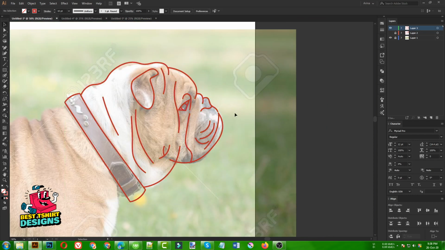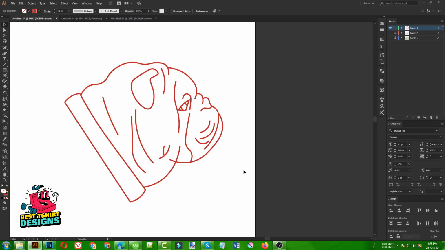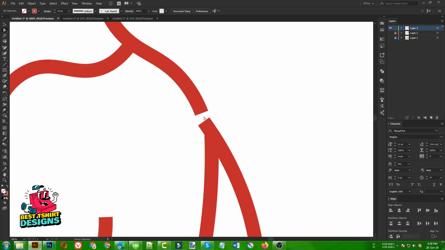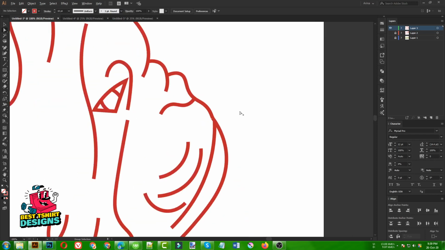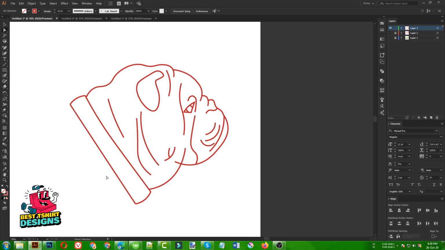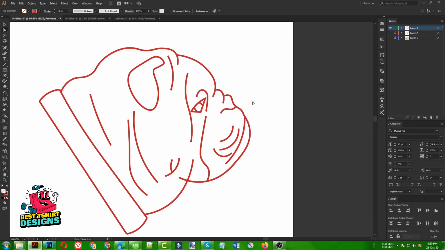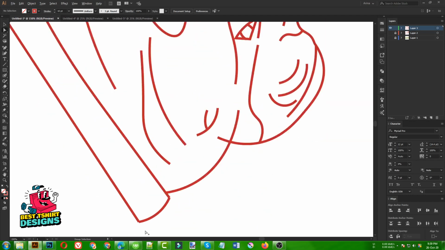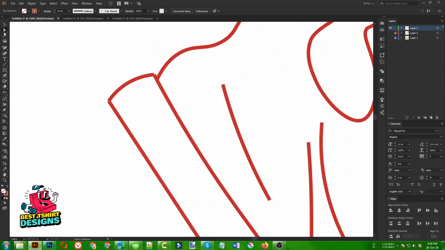Okay, once our erasing part is done, we can turn this image layer off. As you can see, this is how our bulldog is now looking. It is not looking very good, but that is not really important, because we need to join these two areas. We just need an outline of our dog, so that is why I used this method to make an outline. There are some small parts like this that are not looking very good. To fix those areas easily, I use this technique. Use your direct selection tool, select these two points only, right click, join. That is the easiest way to join them.